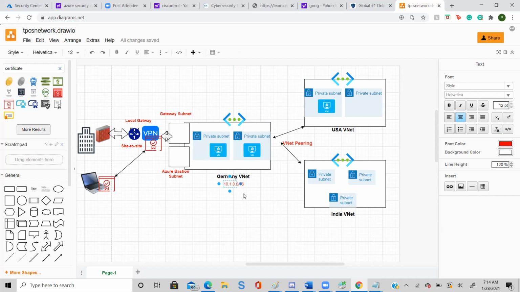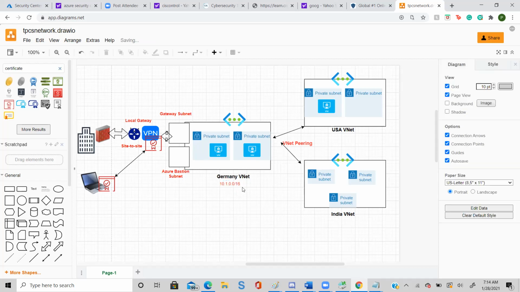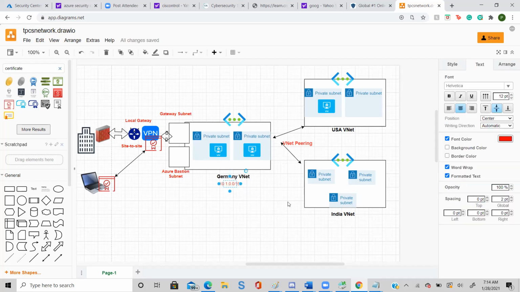It means the range should be 10.1.0.0 and the subnet mask will be 255.255.0.0.